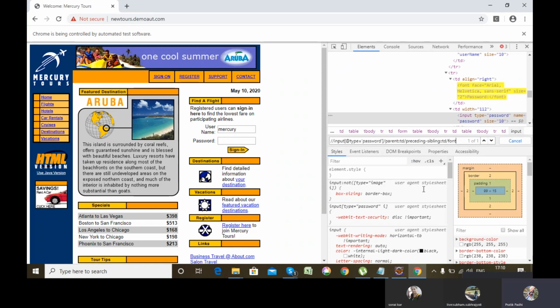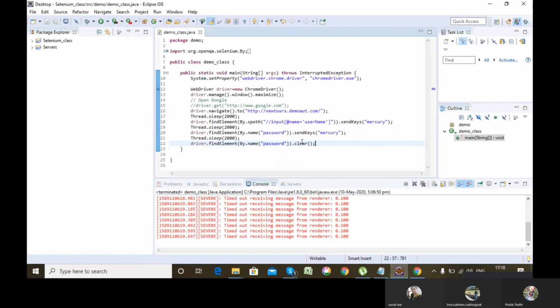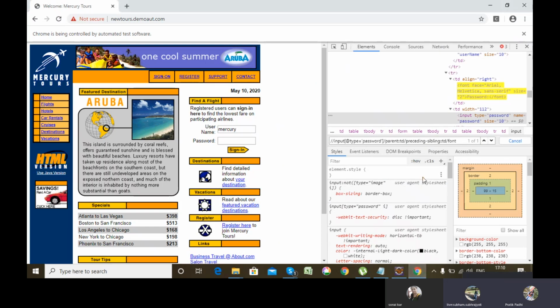Sir, why are you using that font over there? I hope there is nothing like a font in that XPath. Sir, can you please go to that XPath? Just a minute. Yes, tell me, what is your issue? Sir, TD, there is no font. Okay, sir, got it. I have not seen that font. Sorry, sir, it's my mistake.